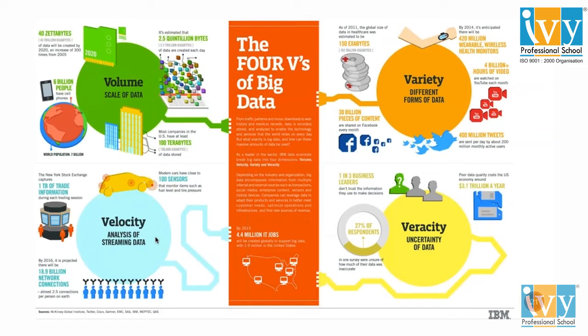So the third V is velocity. For example, suppose you are searching on the Amazon site, and you're searching for a gaming mouse, and at that point of time you get a mail from Amazon that we will offer a discount of 10% to you on this product. So you'll be very happy and maybe quickly buy that product. So how are they able to track that you are trying to purchase that product, and reply to you in real time.